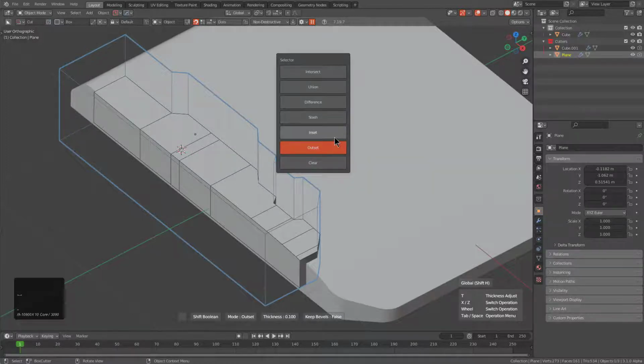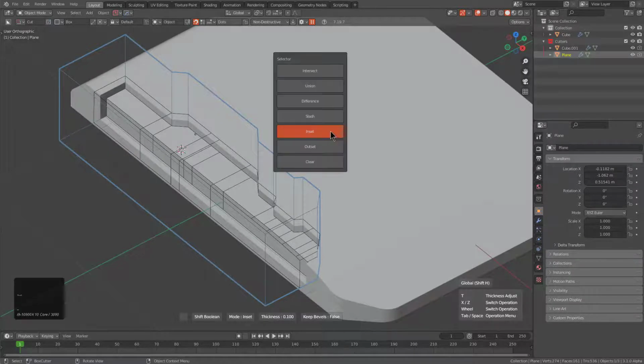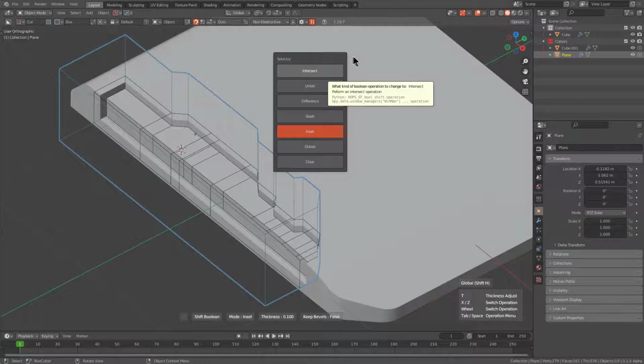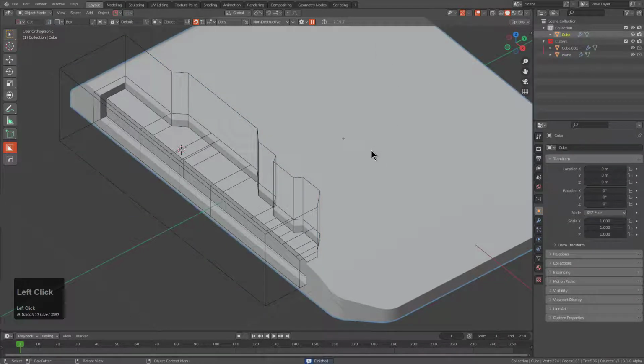If we want to hit the space bar and directly jump to inset and have inset specifically able to be adjusted, we can now do that just by going in and actually hitting space bar. We can just directly access the specific operation that we want to do inside of the Boolshift system. So just letting users know that it's available is just something I've always wanted,